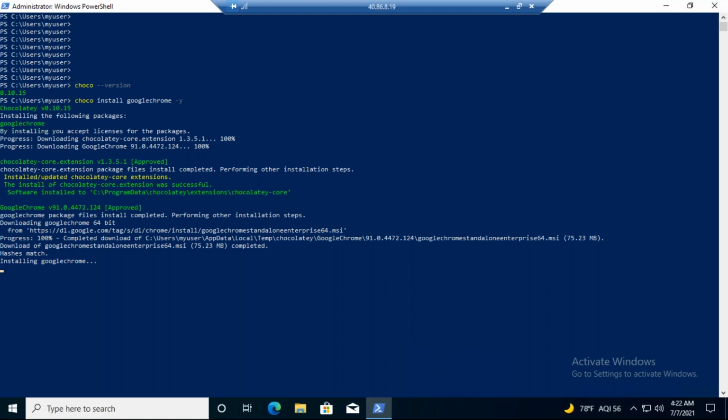Then your network speed and processor speed will be very fast. That is why it is taking this much time.